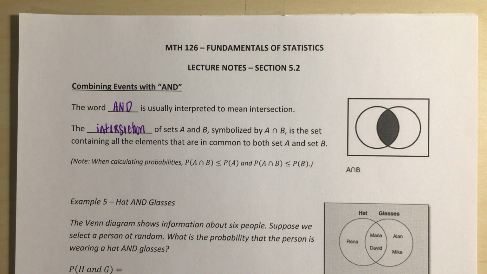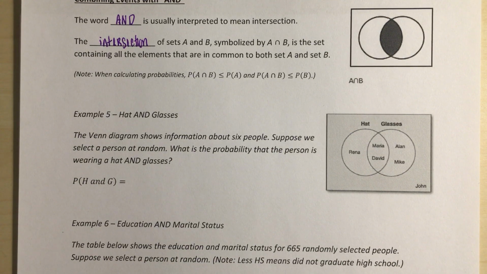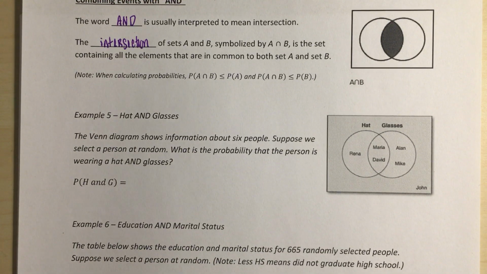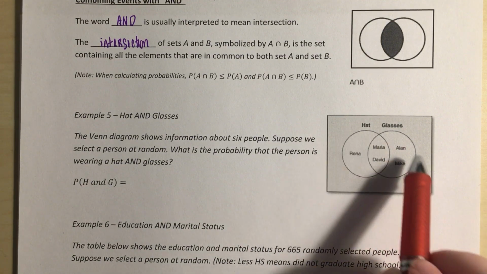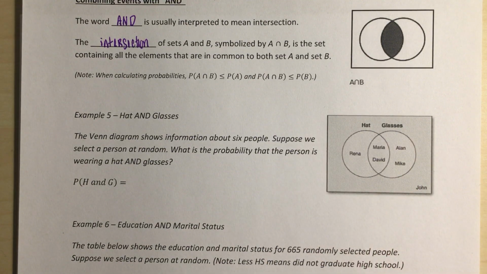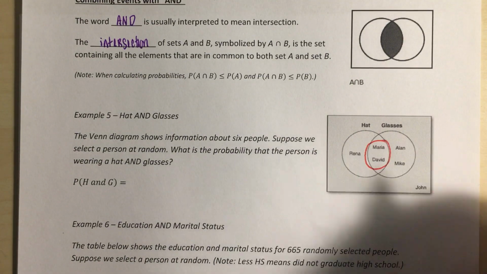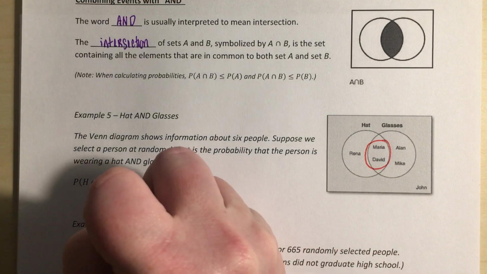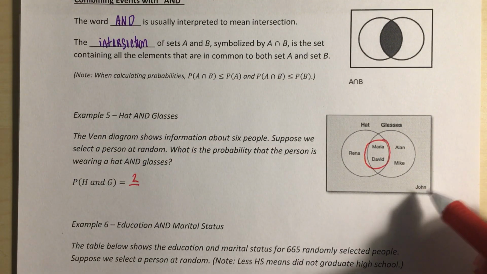So a Venn diagram shows information about 6 people. Suppose we were to select a random person. What is the probability that the person is wearing a hat and glasses? Here we have a circle representing a hat, and here we have a circle representing the people wearing glasses, and the people wearing both, right, there's our and. So 2 out of 1, 2, 3, 4, 5, 6 people total